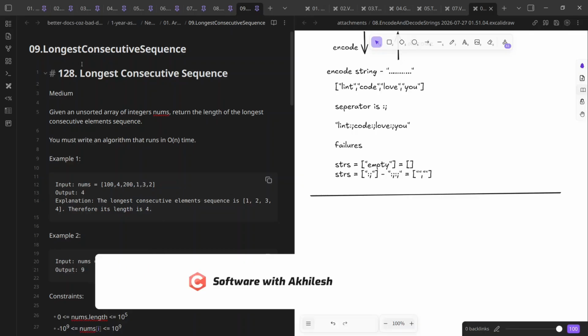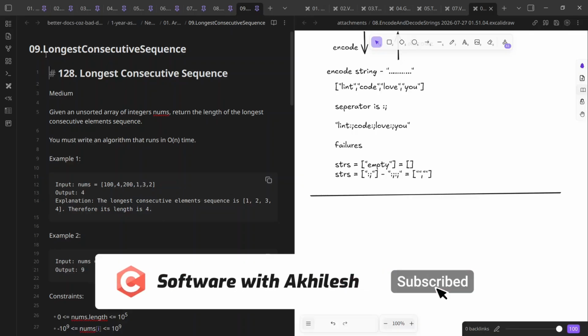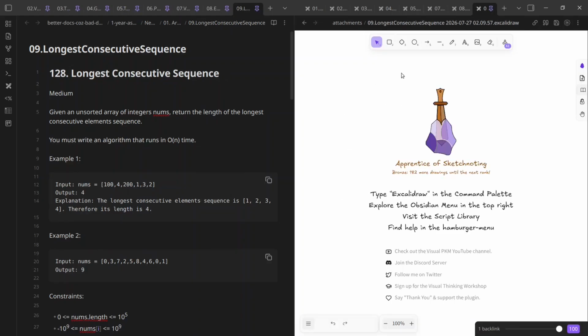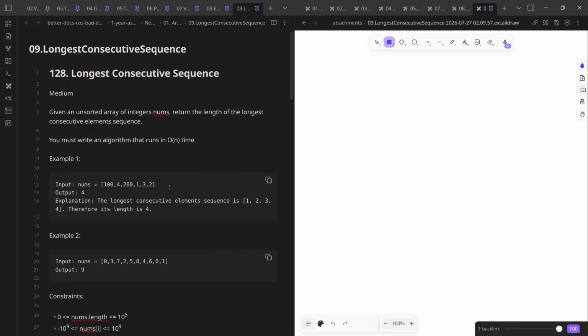We have the next LeetCode question, that is longest consecutive sequence. One brute force approach of this is you can sort it. So what I was talking about is the brute force approach. If you sort this, you are left with another array, that is